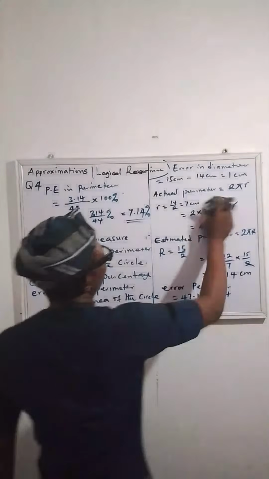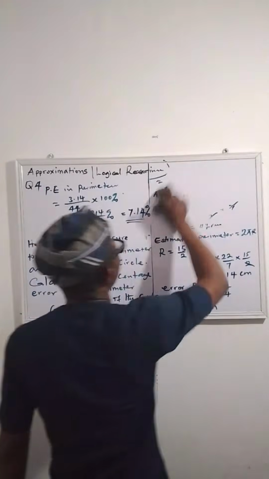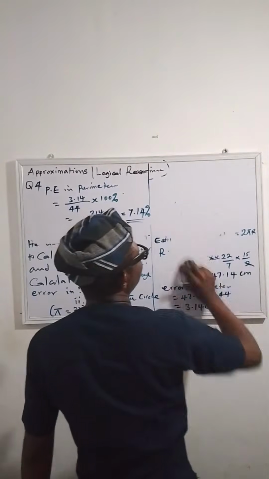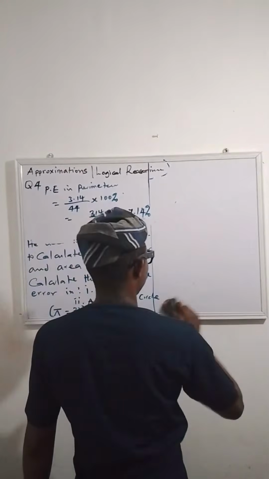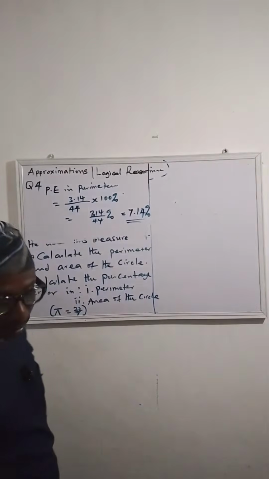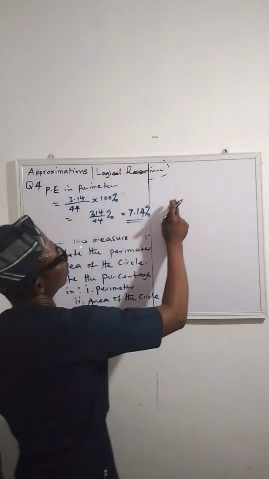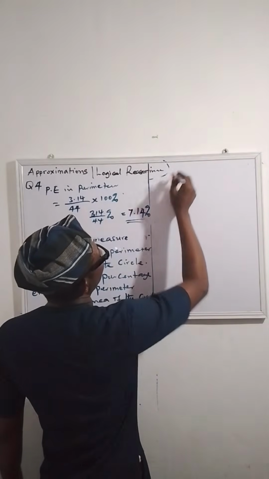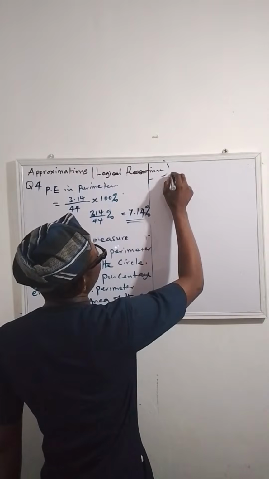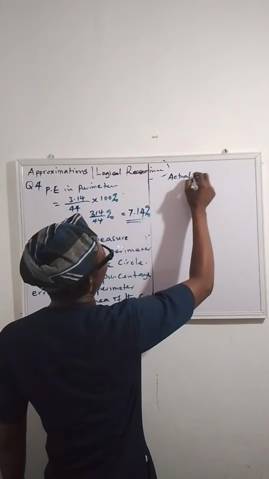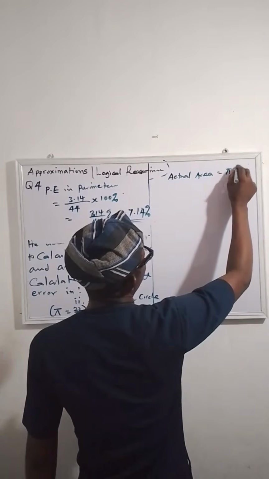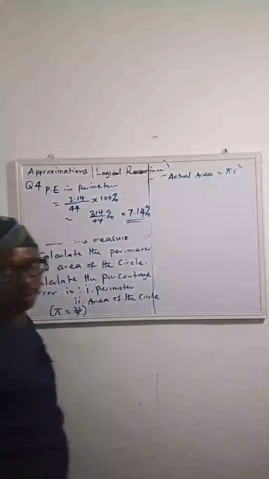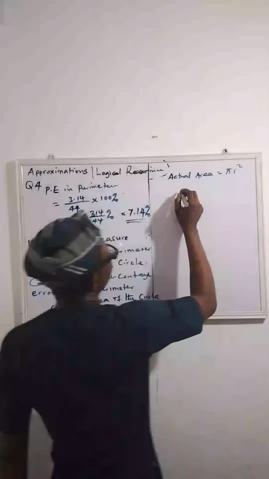Okay, so let's start with that. The first thing to do is to find the actual area of the circle. So actual area, that's pi r square, area of the circle, pi r square. Okay, so that gives us